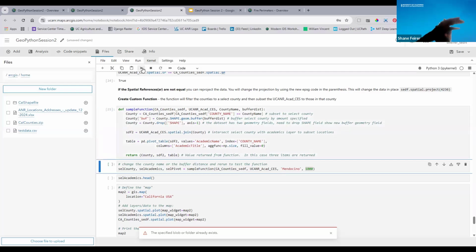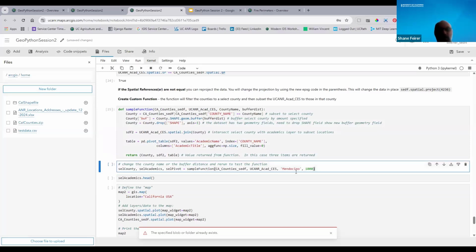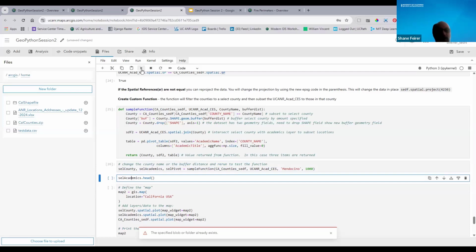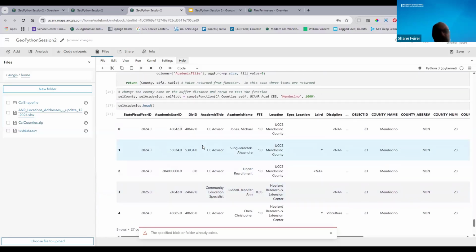So I've defined it, and I've now loaded it in, so that function is known by the notebook. Now I'm going to say I want Mendocino County, 1,000 meters, and I'm going to bring back the select county, which is the first item in this return statement. The second one is the academics. The third one is the table, and you can assign those variables in that order, and it'll save each one of those things as those values. If I run this now, it'll take a couple seconds. Feel free to play with yours on your end: change the county, change the distance, and just see what happens. Now, if I look at select academics, I can see I have 5